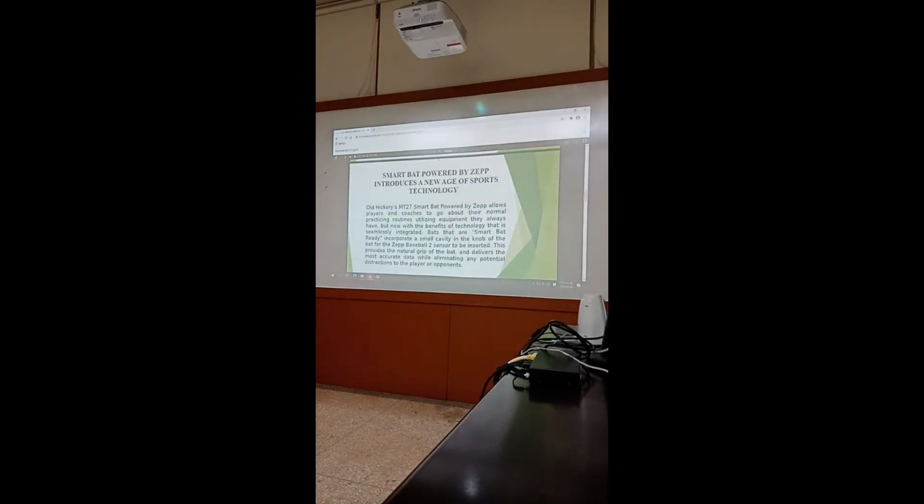For example, here is a product named Smart Bat powered by Zepp, a new age of sport technology. Because for some products, why they designed this product, they have some idea. If you find it's a Chinese website, also try to use maybe Google Translate to translate it into English to introduce it. For example, it says: Smart Bat powered by Zepp, players and coaches go about